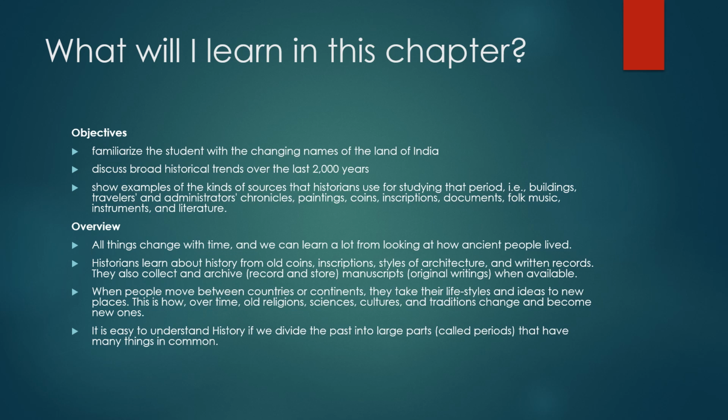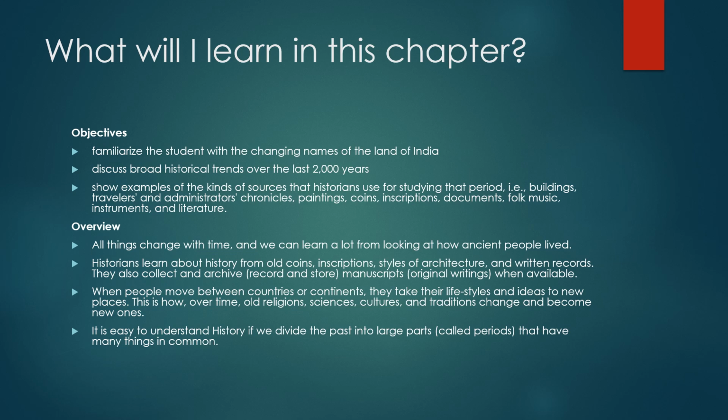The objectives of this chapter are to familiarize the student with the changing names of the land of India, discuss broad historical trends over the last 2000 years, show examples of the kinds of sources that historians use for studying that period, that is, buildings, travelers and administrators, chronicles, paintings, coins, inscriptions, documents, folk music, instruments and